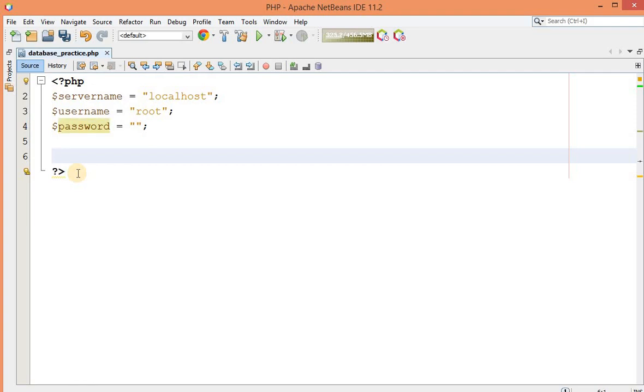Now let me just show you the object oriented way.